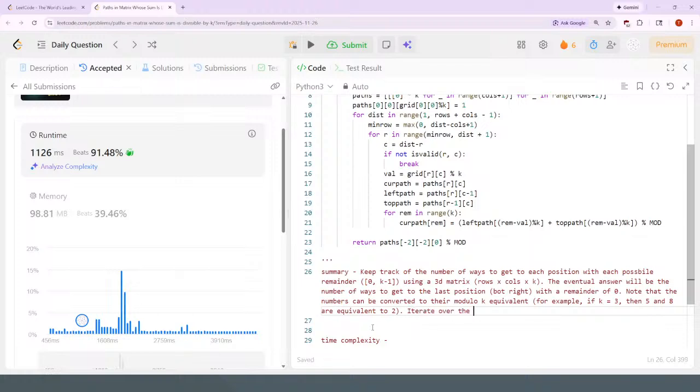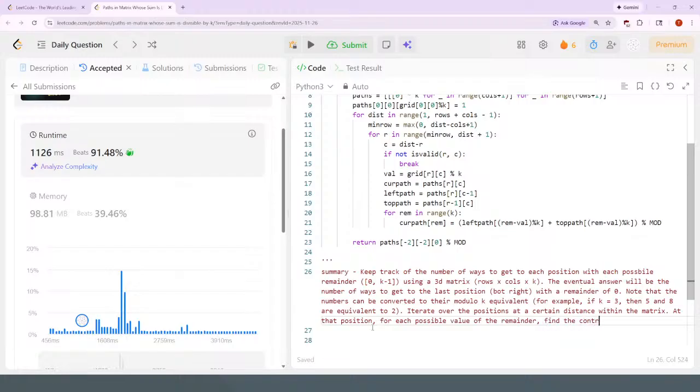Iterate over the positions at a certain distance within the matrix, and at that position, for each possible value of the remainder,